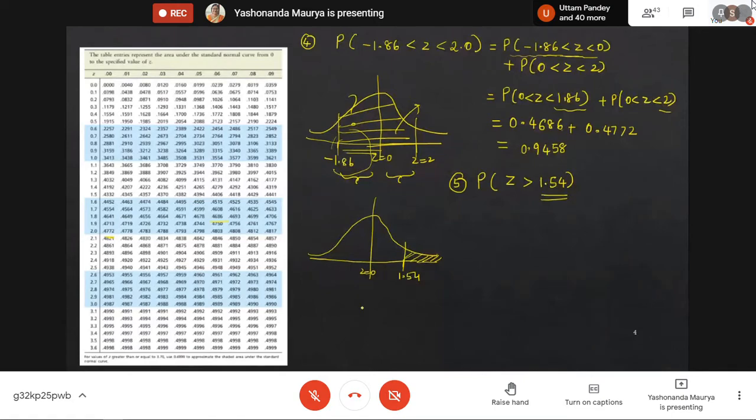Now how do you find this area? This area is actually the total. So this area is nothing but from this total area, if I subtract this part, then what I'm going to get is the required area. Okay. So actually we need to understand which table is available to us, and how do we use that table to evaluate various probabilities. That is what we just have to think.